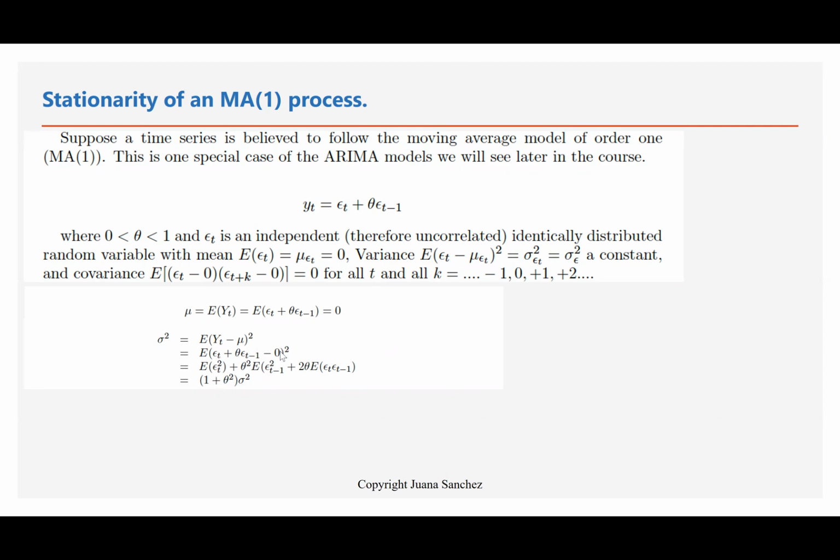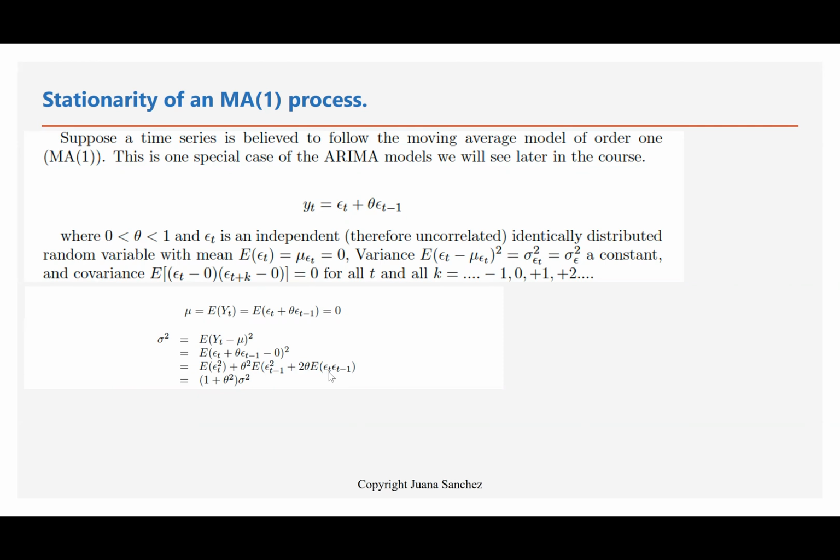So that's why it's important to start with the expectation. Then you bring in the expectation operator. Actually, you already have a 0 here. So this is just going to be the expectation of epsilon t plus theta epsilon t minus 1, squared. You know how to do that, right? a plus b squared is a squared plus b squared plus 2ab. So you do that here for these terms and use the expectation of a linear function as a linear function of the expectation. There should be a parenthesis here right after the expectation of epsilon squared t minus 1, plus 2 theta,